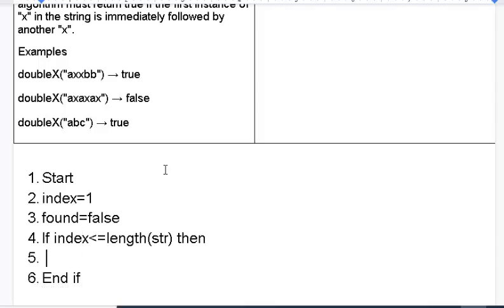Now I'm going to go inside the loop, and I'm going to check to see what is the character. So I'm going to say if char of str at index, meaning the character at the index position, is equal to X, then